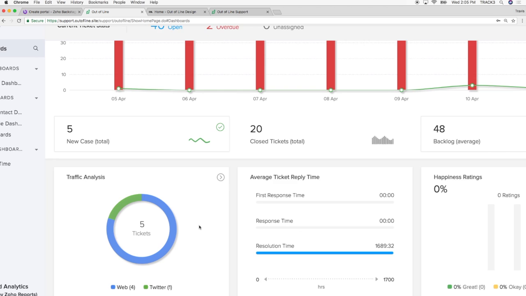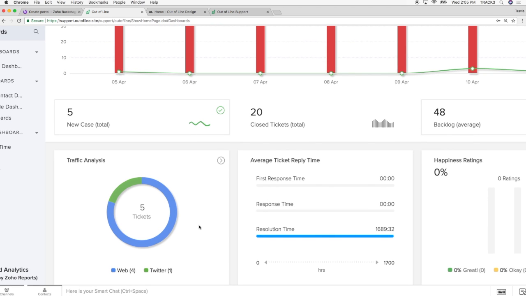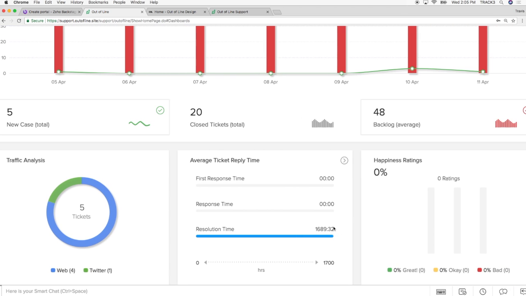This is really useful, traffic analysis. So, like I said, sometimes a company might have a social media manager and a social media support manager, and they might handle things only on social media. Does that make sense for your company? You can find that out really quickly here. As you can see, we've only had 1 ticket in the last 7 days come in from Twitter. So clearly, social media not big at this company. However, we've had 4 from the web, being a web form, like the one that I just submitted using Vince Staples' name, right?